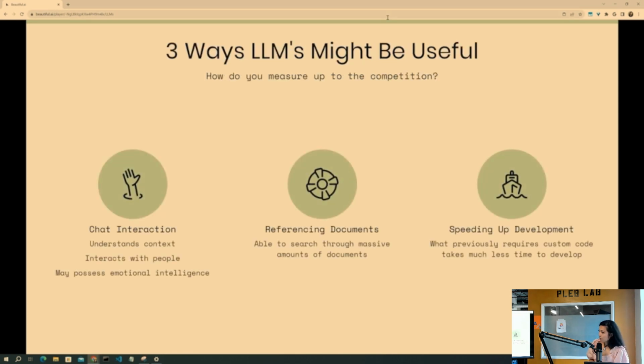From my point of view, it's fairly obvious to me that LLMs can be used for chat, for referencing documents, and for speeding up development. What I can say based on the things that I just talked about was that when I was at T-Mobile in 2021 and part of 2022, I was in